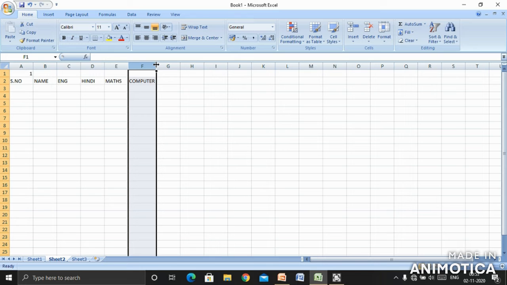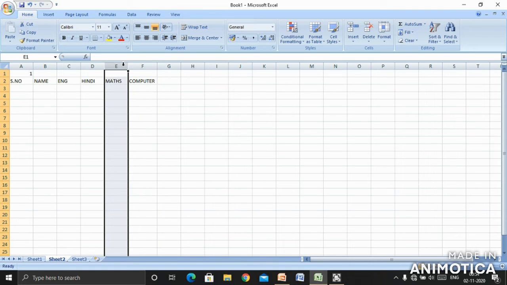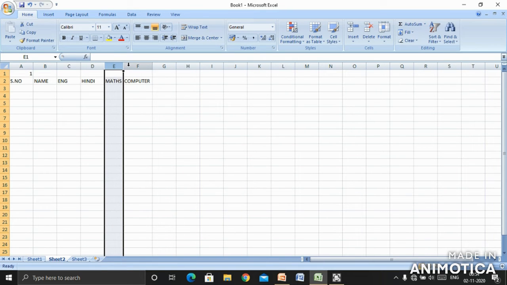So this is about increasing the column width. You can also increase or decrease the column width by double clicking on the lines.